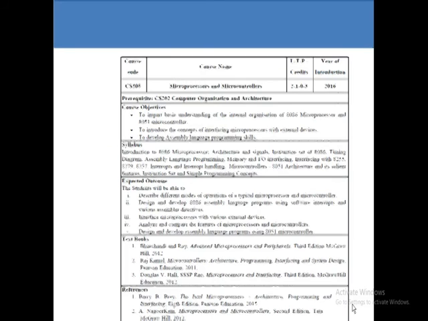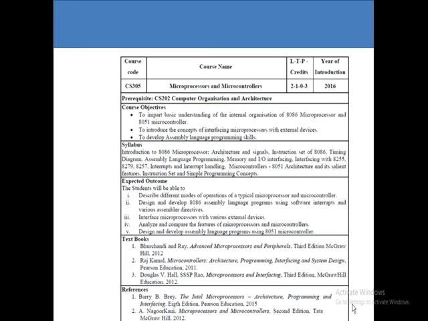This is the syllabus. The prerequisite of this course is Computer Organization and Architecture, which you already studied in your previous semester. The course objectives are, first, to understand the internal organization of the 8086 microprocessor and the 8051 microcontroller. In this course, we introduce the concept of interfacing microprocessors with external devices, and also to develop assembly language programming skills. After the completion of this course, you will be able to describe the different modes of operation